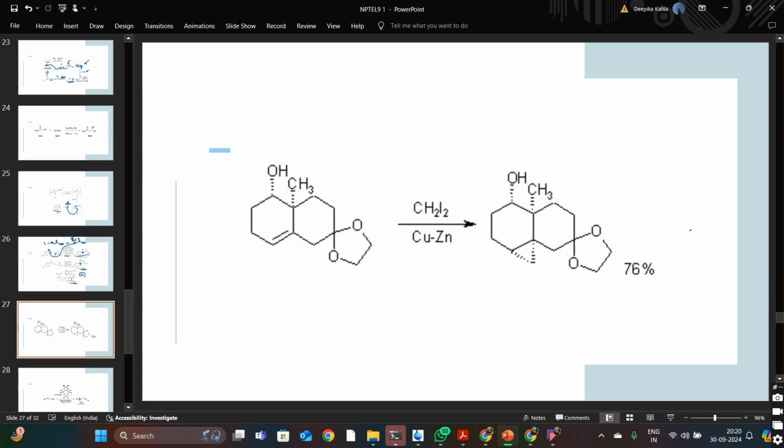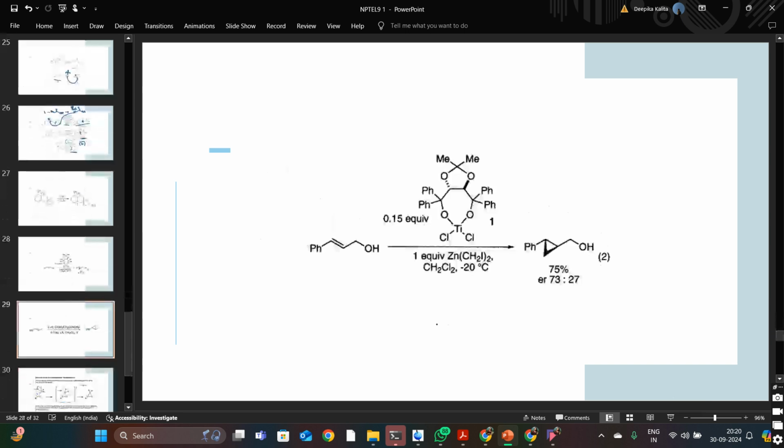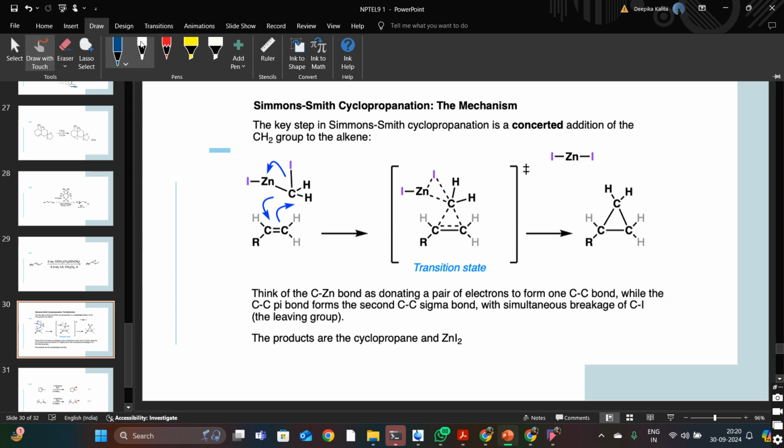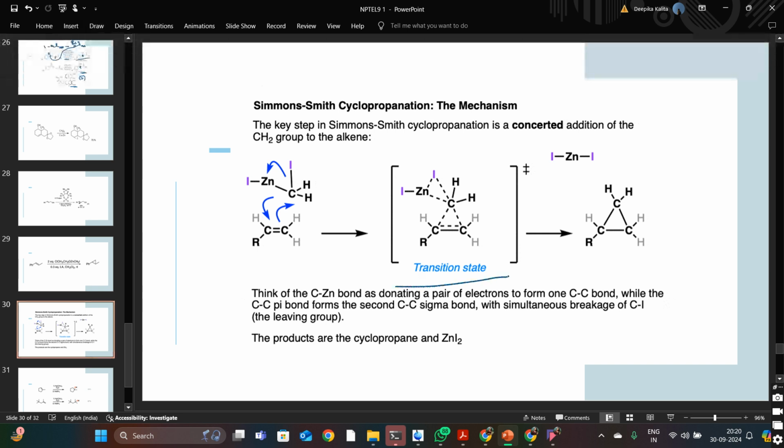Moving to another reaction from the organozinc part, which is the Simmons-Smith cyclopropanation. Okay, so in Simmons-Smith cyclopropanation, what happens is this type of a reaction mechanism is involved. Okay, so this is the transition state which is formed,